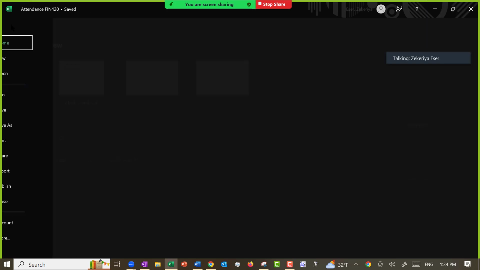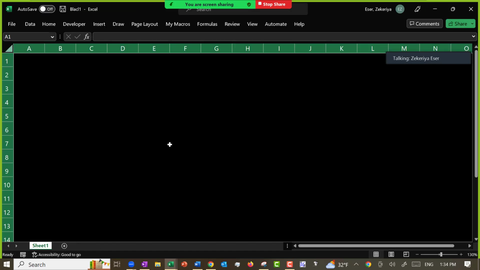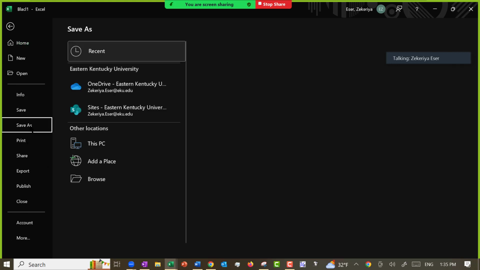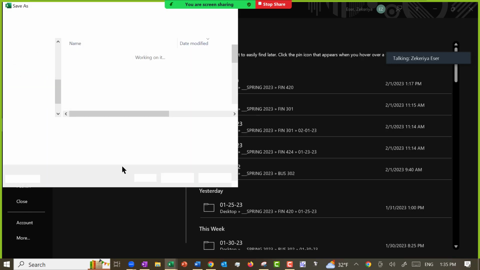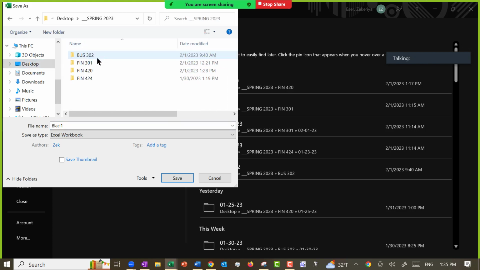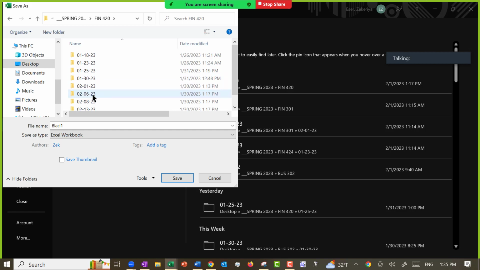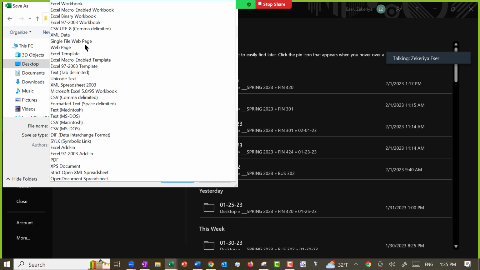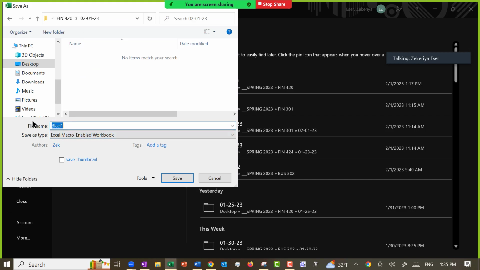So let's open a new Excel file. Let's save this as a macro-enabled workbook. I showed you the macros before, right? You're going to save it as a macro-enabled workbook. And I call this Excel file for